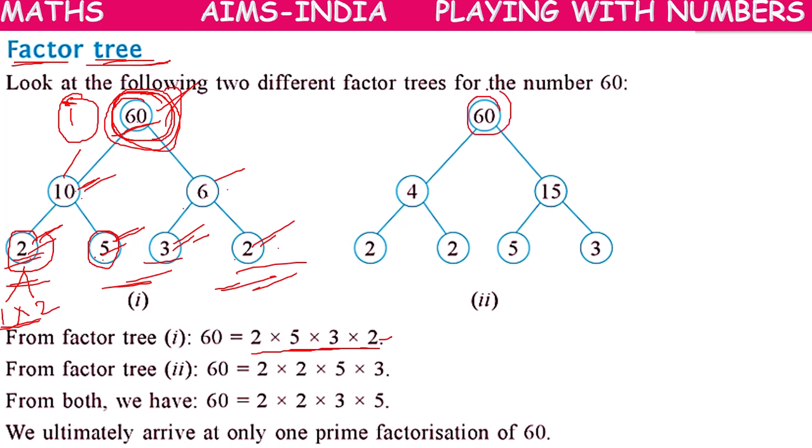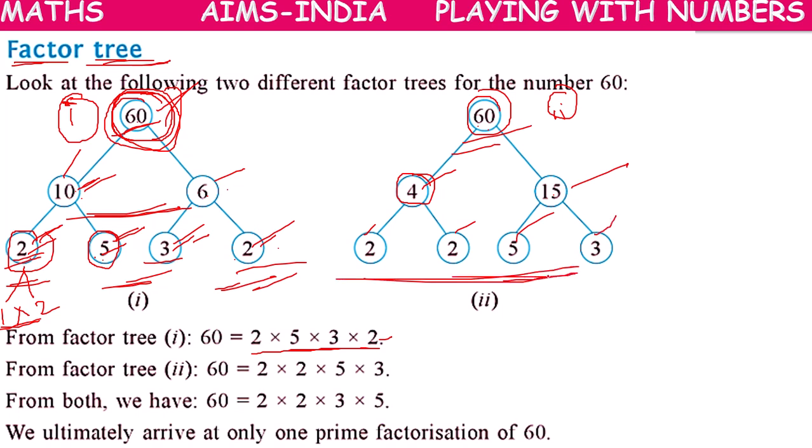If we see in another way, in the second example, suppose 60, instead of 10 into 6, is written as a product of 4 into 15, where 4 can be divided further into 2 into 2, and 15 can be simplified further into 5 into 3, which cannot be simplified further. In this way also, we got factors 2, 2, 5, 3. In the first method we got 4 factors, and in the second method 4 factors, which are the same.